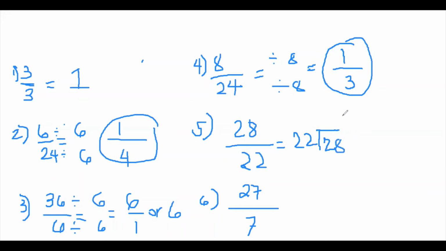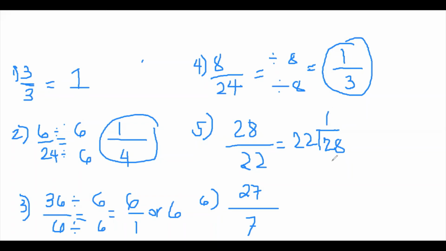28 over 22. The divisor is 22 and the dividend is 28. So what number will you multiply to 22 that will not go over the number 28? The answer is 1, because if we are using 2, we have a product of 44. So it would be against our rule. So we have 1